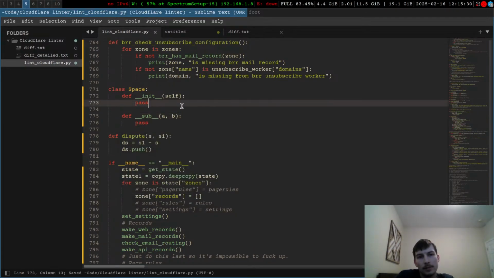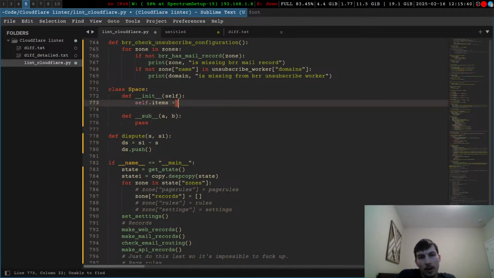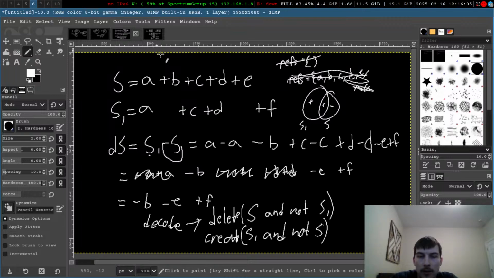Our space can have items in it, described by a dictionary because we're just going to be using the lookup. So we can have items in the space, and you can subtract spaces, and it will